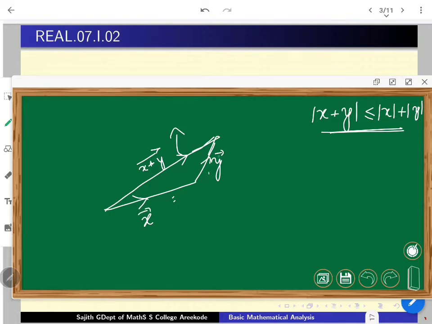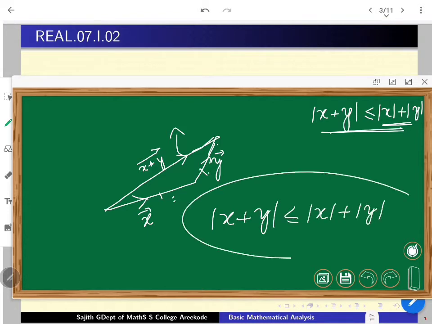If you are treating all these as vectors, their magnitude coincides with the absolute value function. So the lengths of these two sides, if I add them together, which is what the right hand side says, always exceed that of the first one, that is mod x plus y. This is how the terminology comes from the triangle inequality. It's a very fundamental inequality which you are always using: mod x plus y is less than or equal to mod x plus mod y for any two real numbers x and y. It's also nice to look at when this equality holds. That's a good exercise.